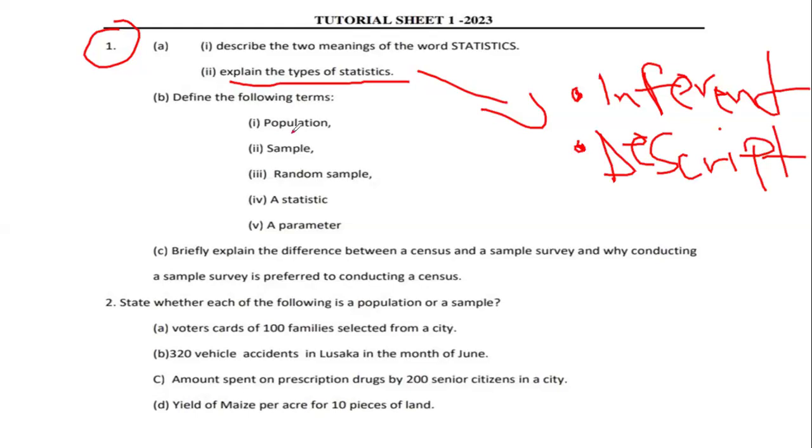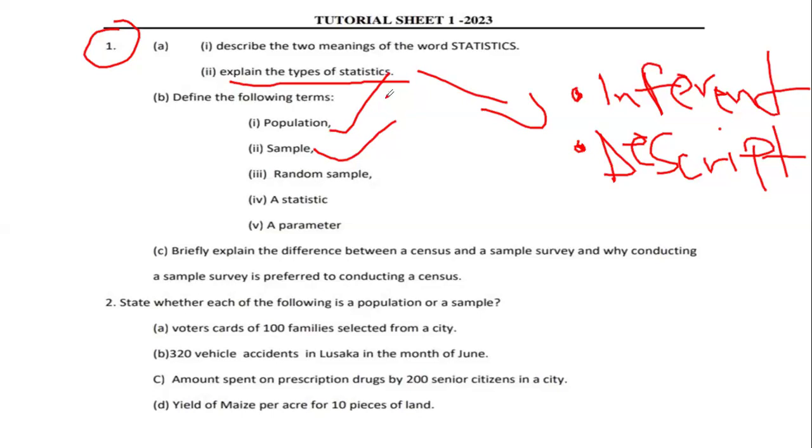And then here they're saying define the population. We just said we are including everything under study. That's what the population is. And then a sample, we said it's just a portion of